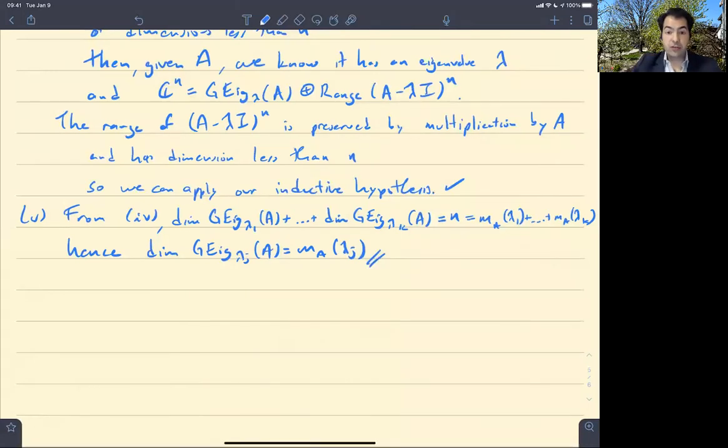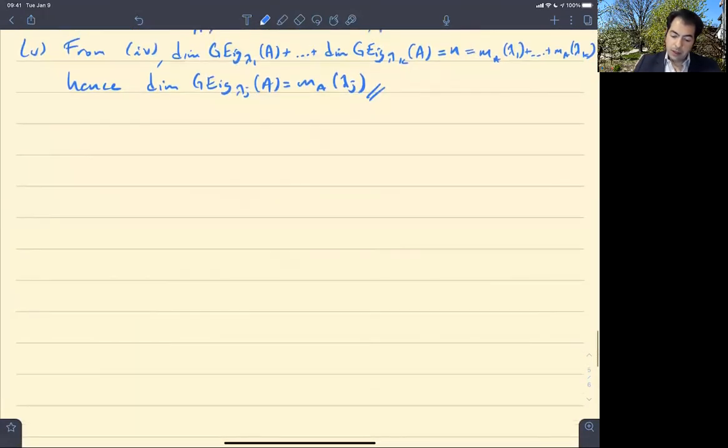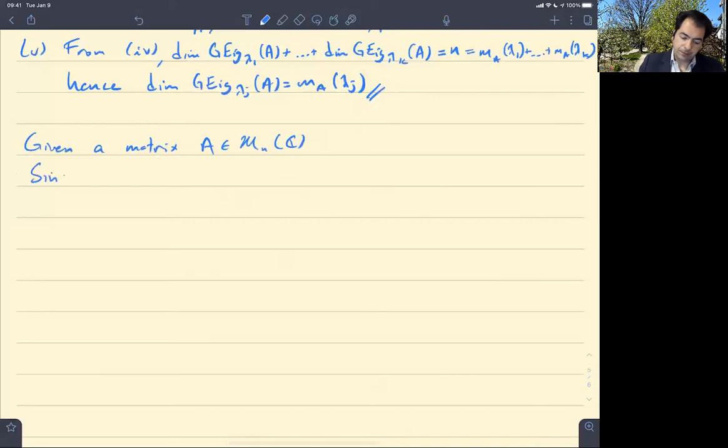Okay, and that finishes the proof of the theorem. Okay, wonderful. So already that's enough to improve our diagonalizability results. Because what you could do, given a matrix, size n by n with complex entries, since the complex numbers can be written as the topological direct sum of the generalized eigenspaces,